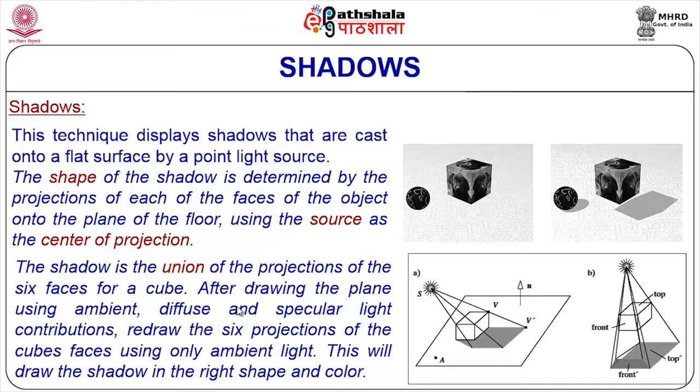So for that, what we can do is imagine a light source, and we can take projections of all the faces of the object. Imagine a cube. There are 6 faces for the cube. Now you can imagine a light source. You can compute the projected version of each of the faces on a flat plane, which is basically